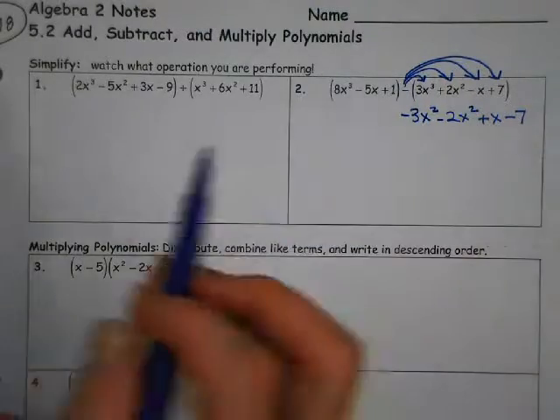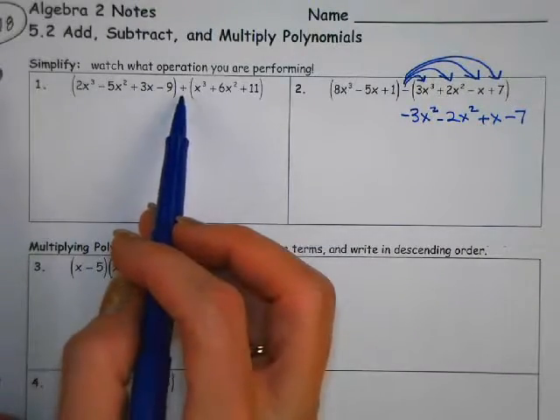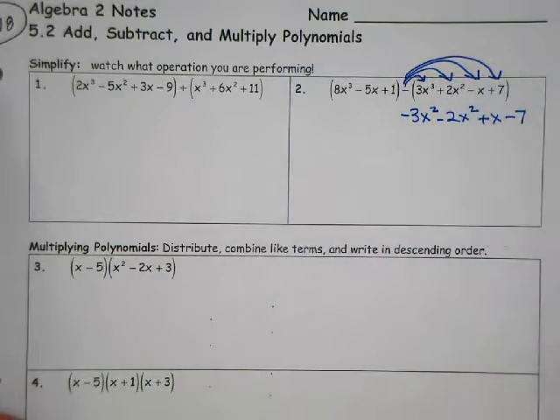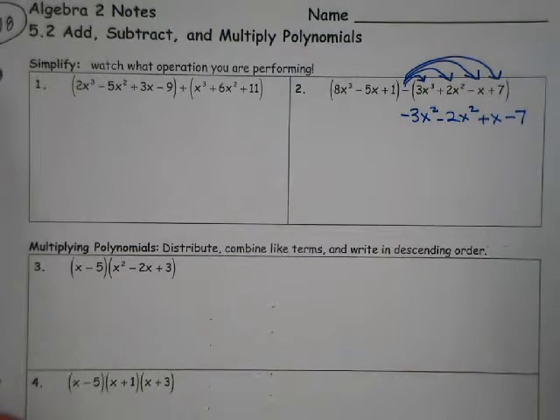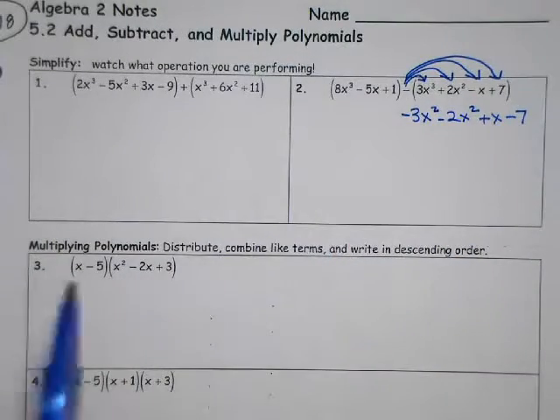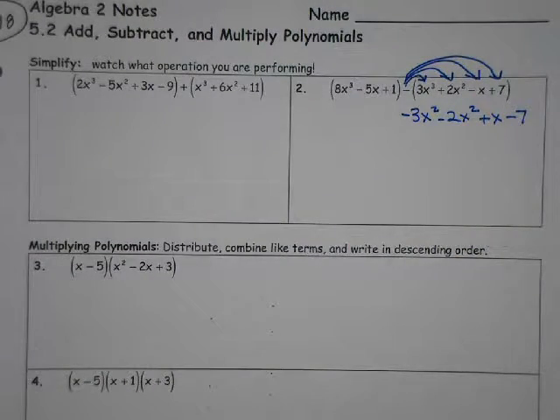Okay? So I kind of want to stress that. You're going to have two options here. You're going to have where it's a plus or a minus. And if it's the minus, you've got to make sure that minus gets put to every single term. That's going to be the number one mistake. Okay? Alright, so when you're adding or subtracting, all you're doing is adding or subtracting the coefficients for the